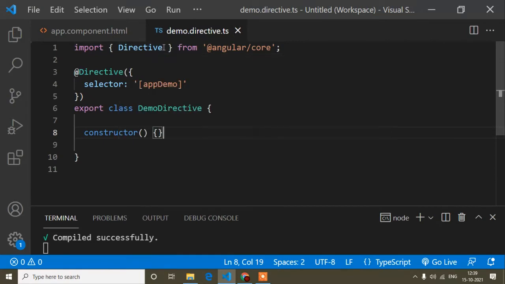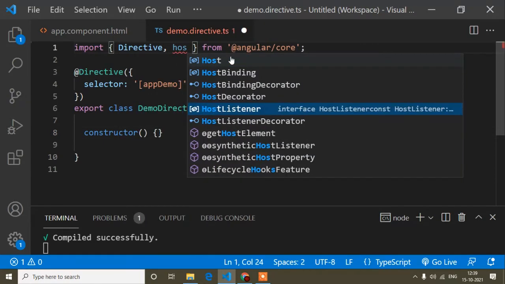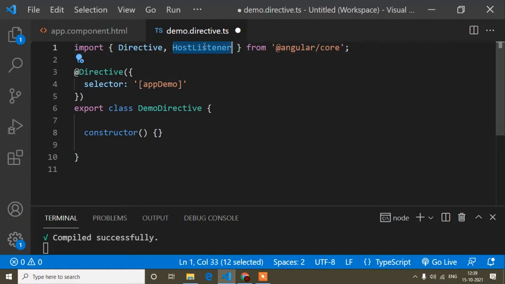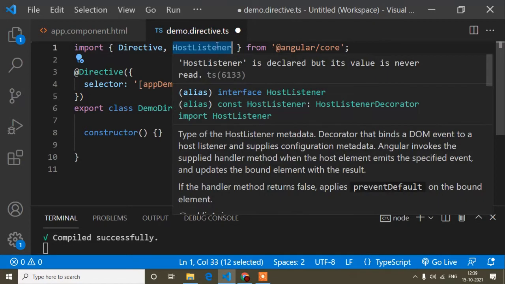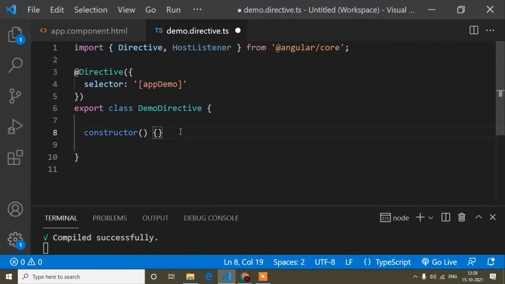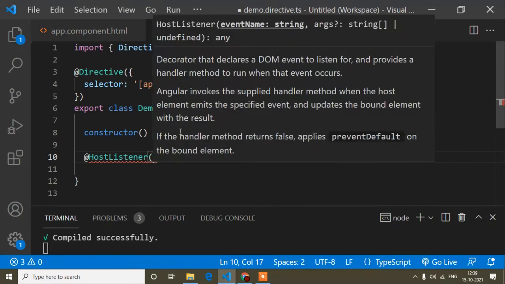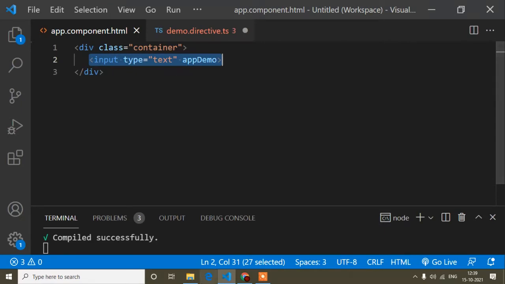Now let's check the practical. First of all I will import HostListener, and here you have to notice that the H and L are capital in HostListener, because you cannot write the wrong spelling, otherwise you will get an error. So now the HostListener decorator. When I key down in this input field, I mean if I show the browser, when I press any key and the key is 0 the first time, I cannot permit the user to press 0 as the first character. So what is the event?